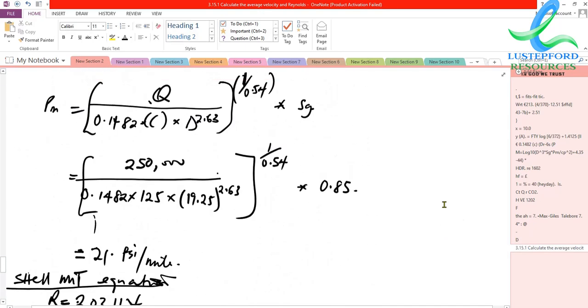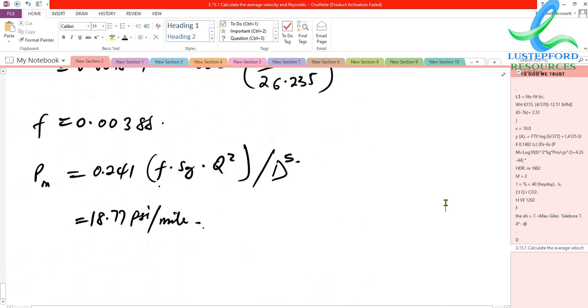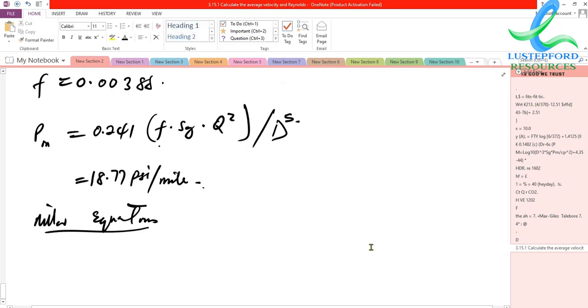Now let's do the Miller equation. Now the Miller equation is... Miller equation. Now for the Miller equation we needed to